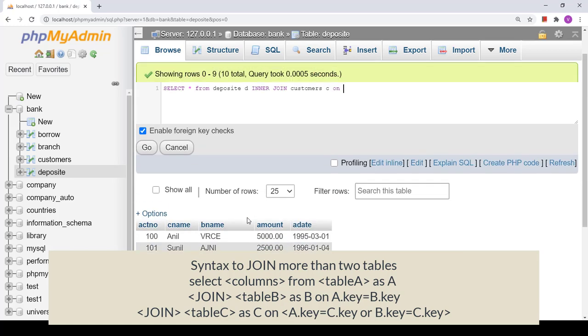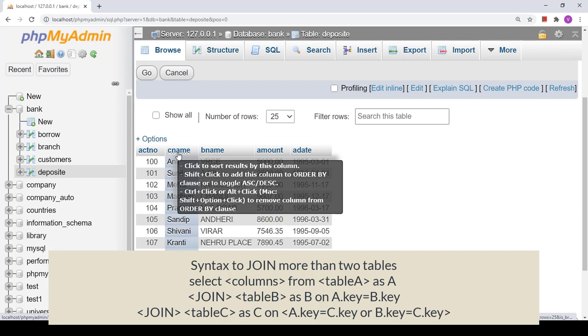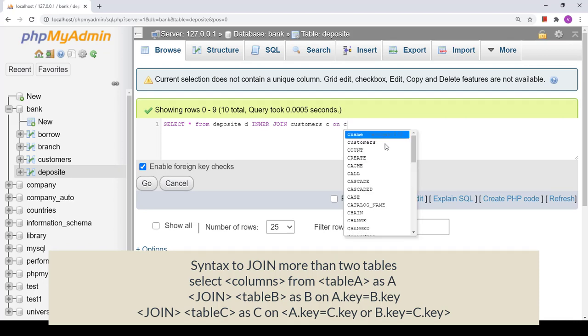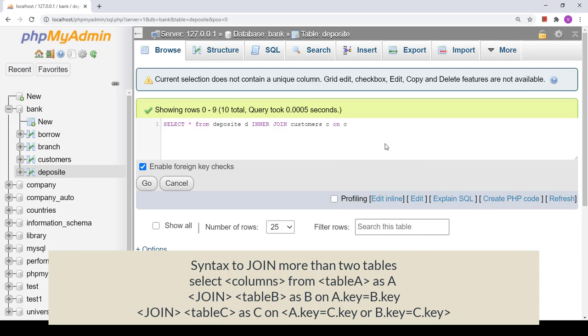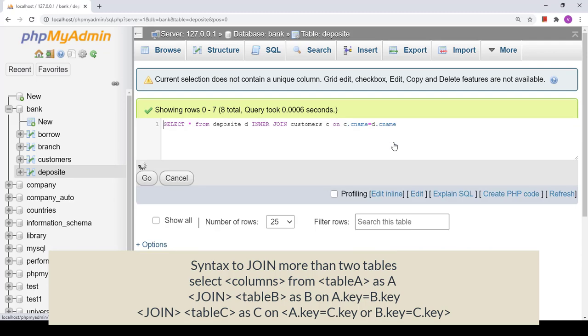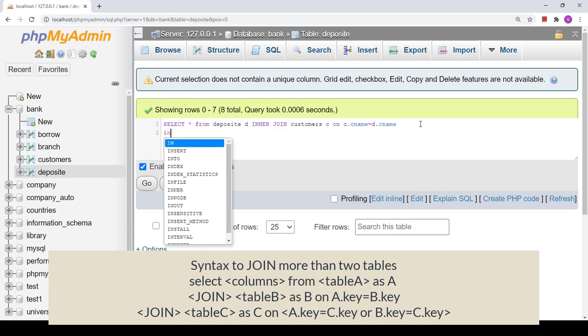Here you can see I have C name in the deposit table and C name in the customers table, so using that C name I'll be able to join both the tables. Here C dot C name equals D dot C name. That is common in both the tables, so here I got the result where I have joined two tables. Now I want to join another table, so again I have to write inner join